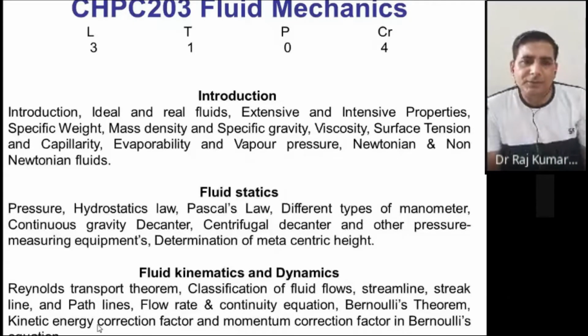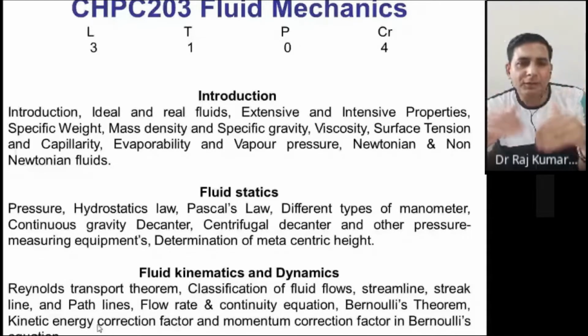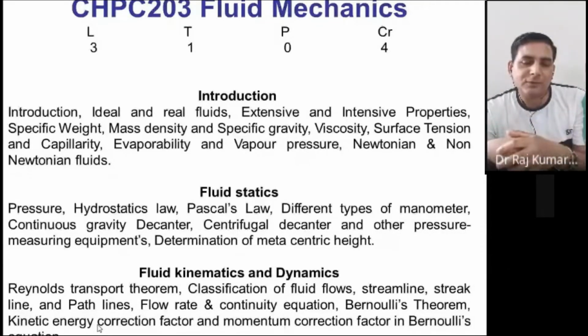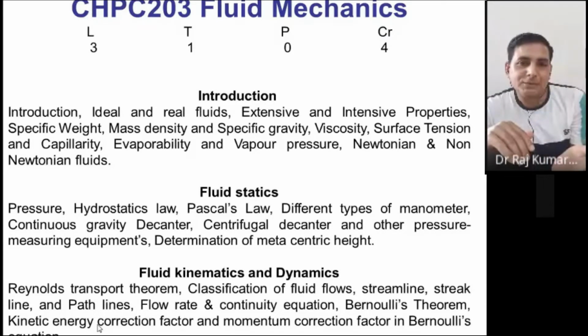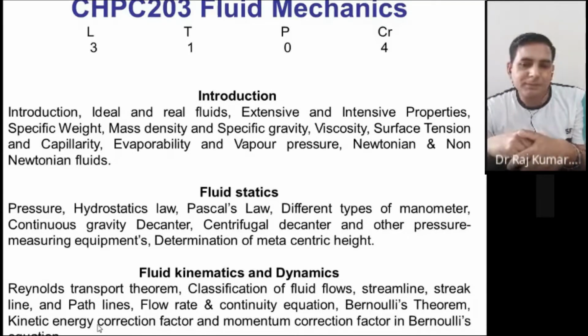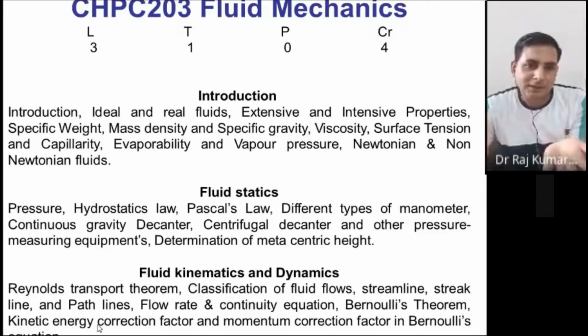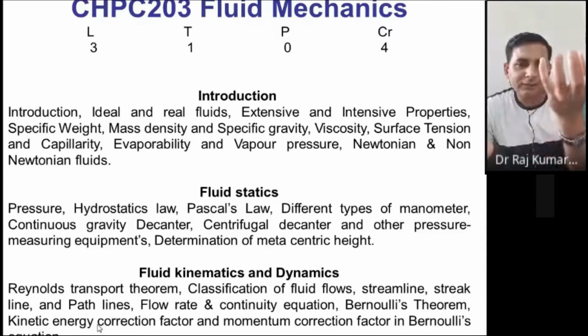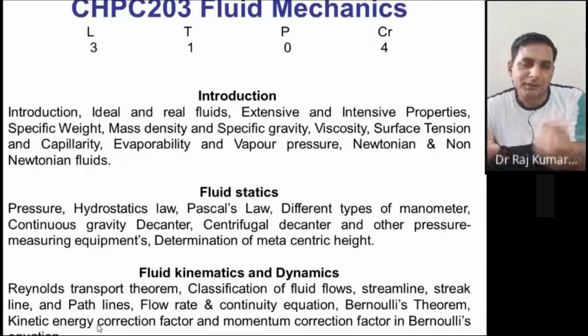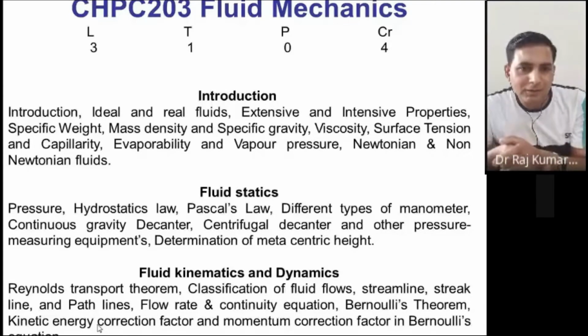So in that case, your velocity changes across the cross section, and you have to calculate the energy. If you calculate, let's say, the average velocity, practically you collect a volume in some container and measure the time. So volume upon time is the volumetric flow rate, divided by the cross section would give you the velocity, right?